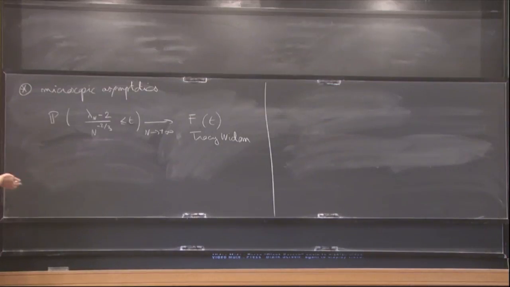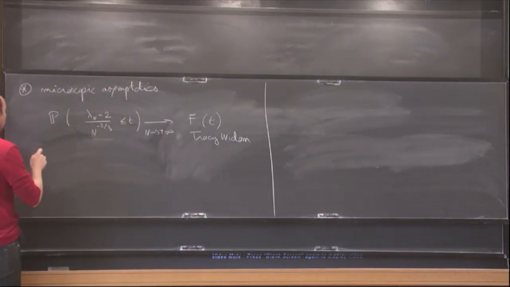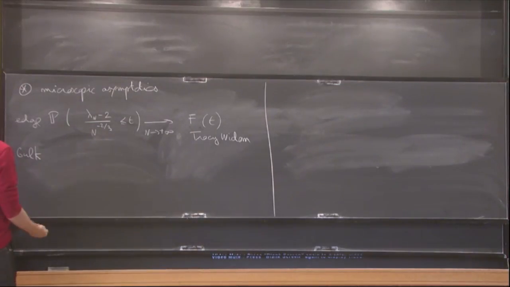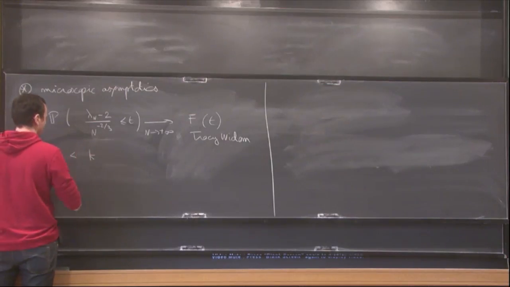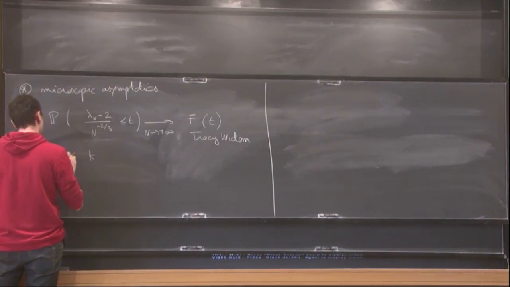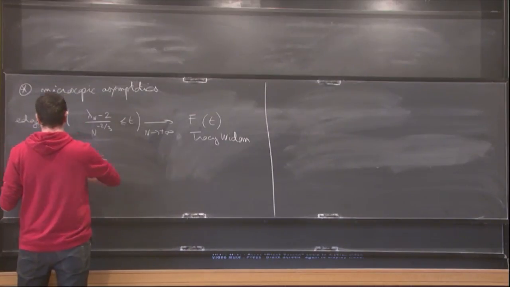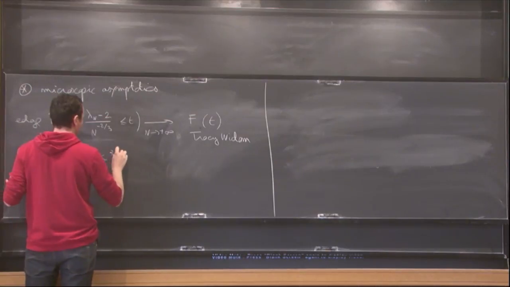So it looks like a very arbitrary thing, but what we will see is that it appears in other contexts. If you look at the, so this was for the edge. If you look at the bulk, what you can prove is if you take some number k, which is between n over 4 and 3n over 4,